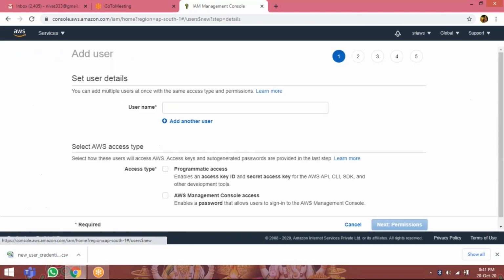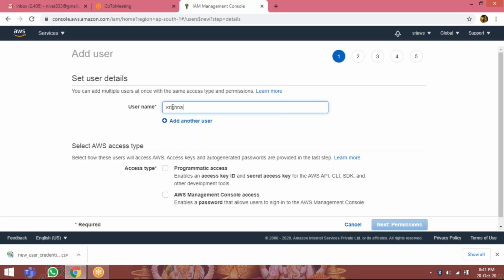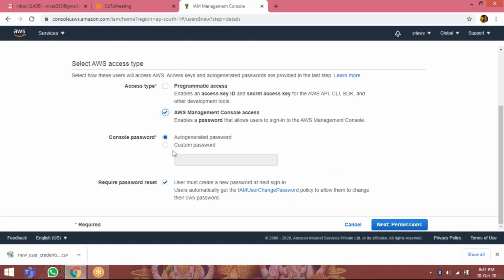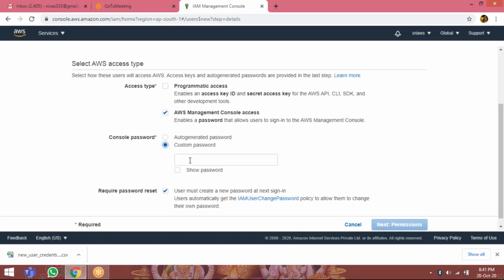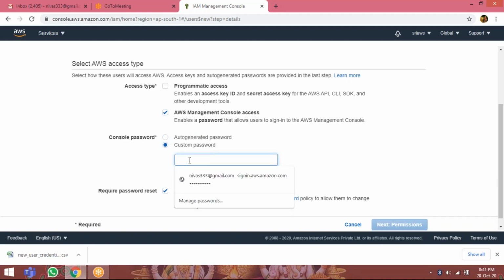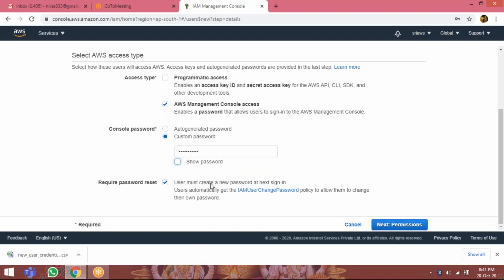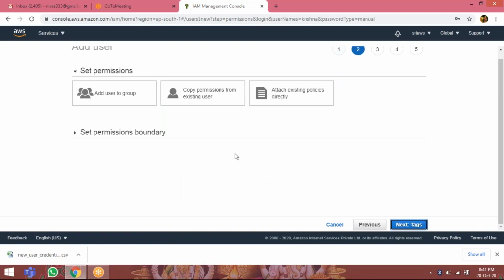Now another user, add user, creating the Krishna user account. AWS management console access, custom password, Krishna@123. Okay. User cannot change password. Next permissions.